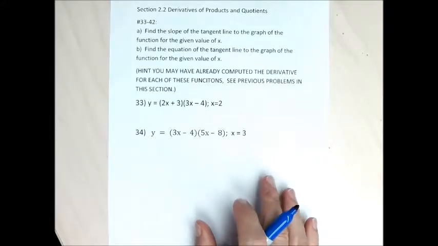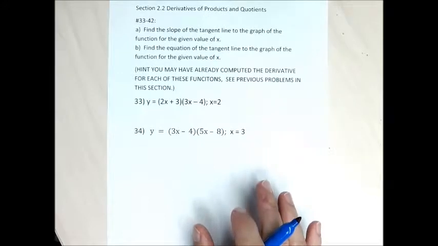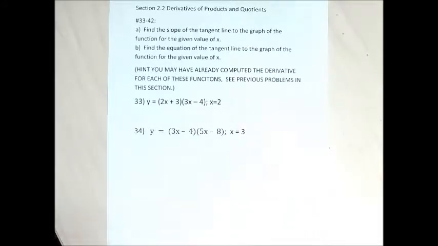So this is the last part of section 2.2. At some point I thought I might be able to do it in 2 videos, but I think 3 videos just feels like it makes more sense. So problems 33 through 42 want us to find slopes of tangent lines and equations for tangent lines. And that's real easy to do